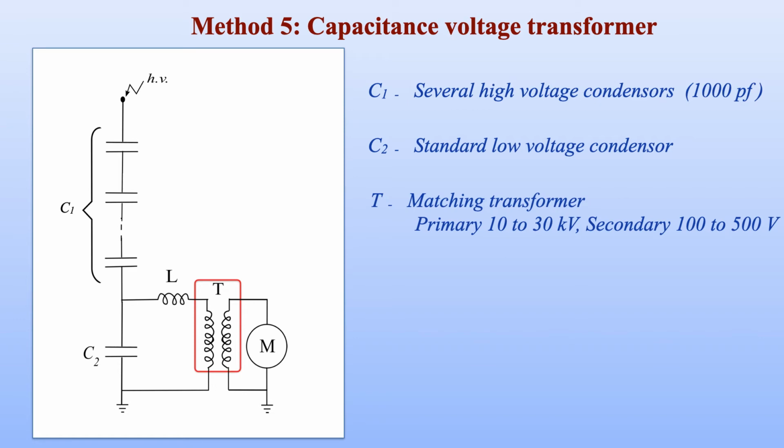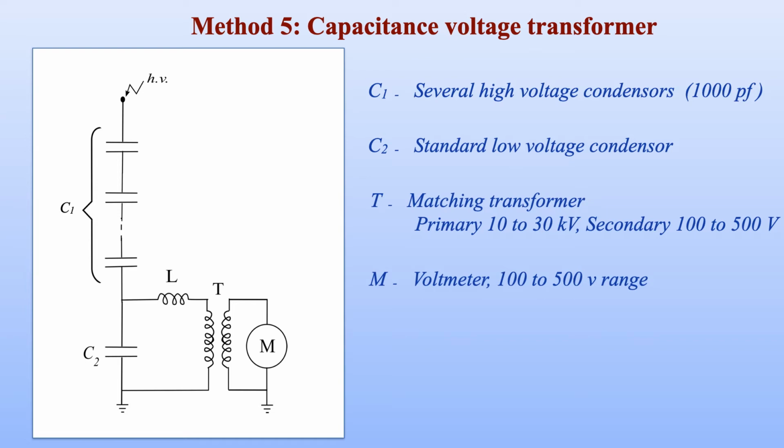And that's why this method, although it is a capacitance potential divider method, with the use of a matching transformer, allows us to get rid of the electrostatic voltmeter, or a high impedance voltmeter, in the circuit. So this is the meter that can be connected, having a range of 100 to 500 volt. And the last element available in this particular circuit is the external or additional inductor choke